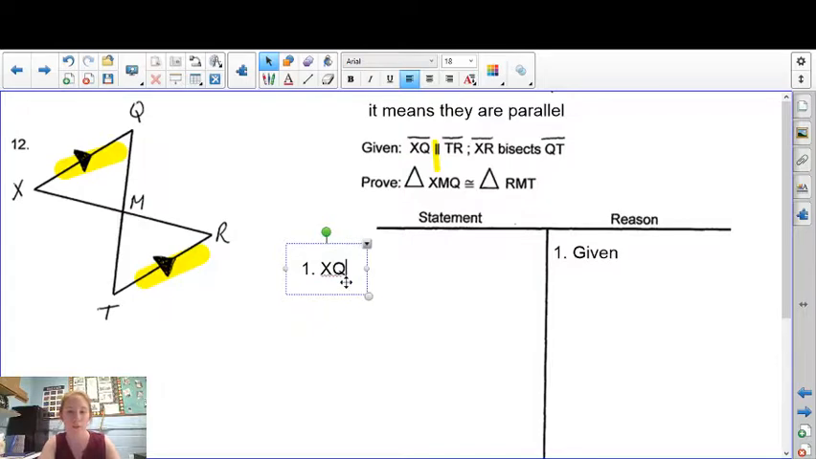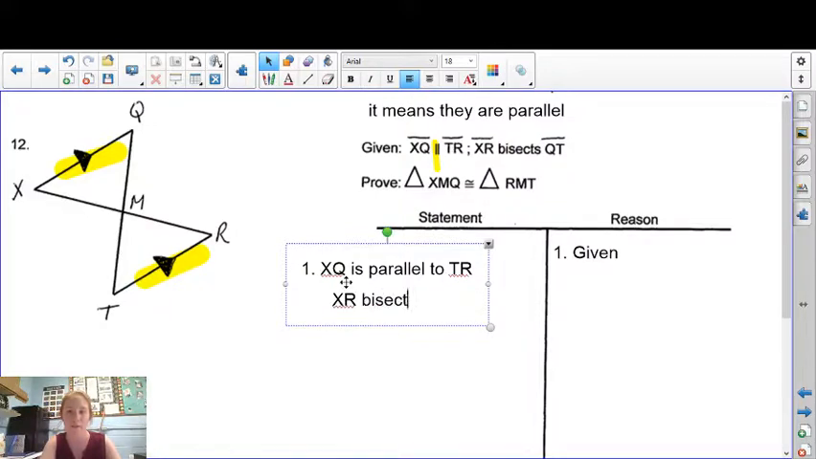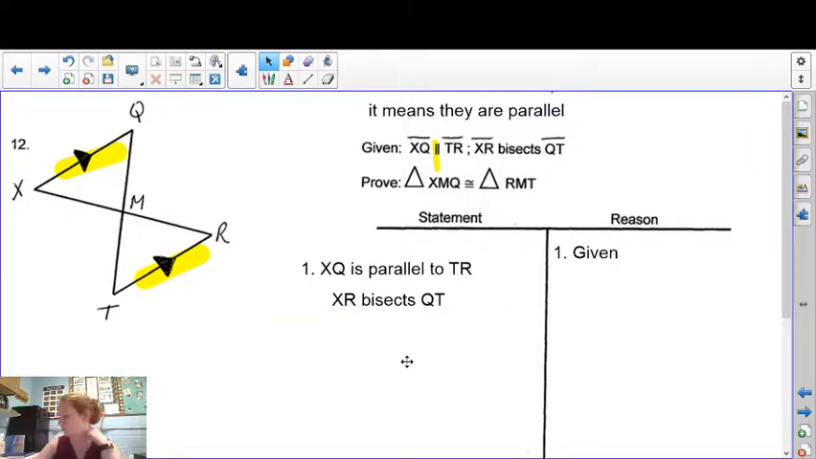So XQ is parallel, parallel has 2 lines in the middle, to TR. Other stuff tells me that XR bisects QT. Cool. So I have my 2 pieces of given. One of them's already used because it's told me they're parallel. It helps for now, but I have nothing I can do with that as of right the second. But